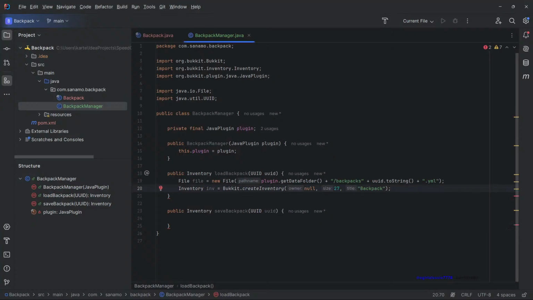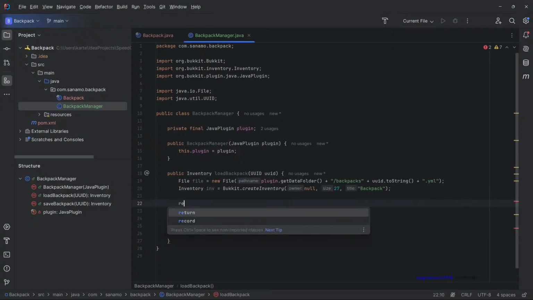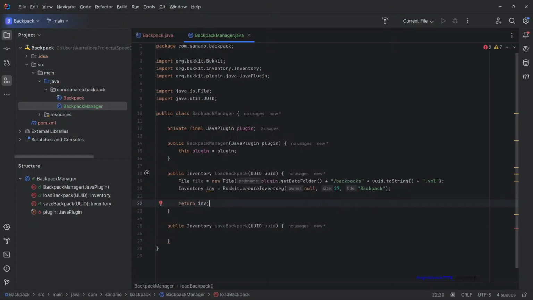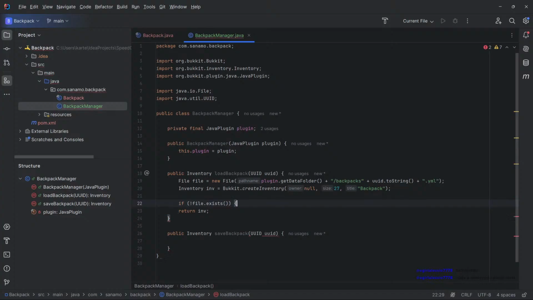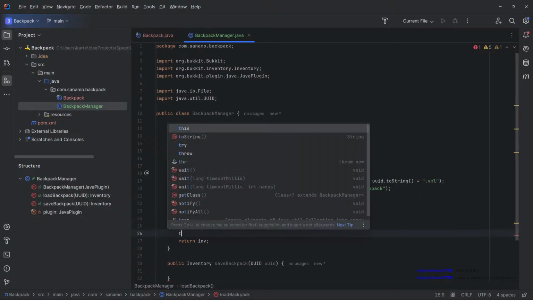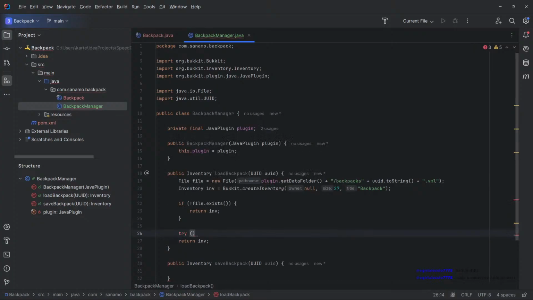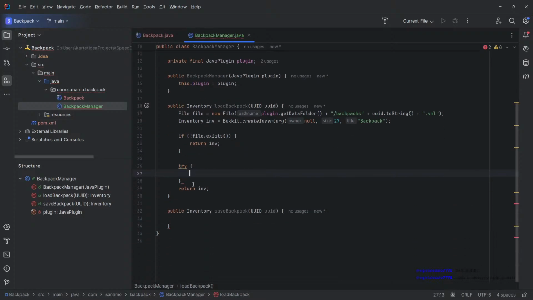All right, I guess let's make sure the file exists. Let me just return inventory so it stops erroring out. Make sure the file exists. So if not file.exists, we're gonna exit out early. So we're gonna return the inventory. Try and